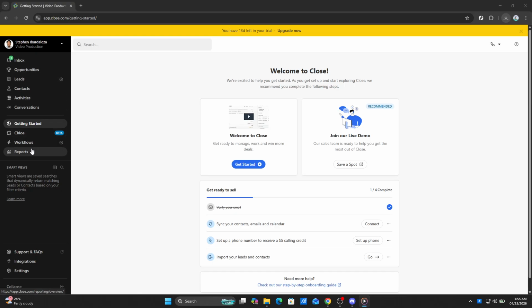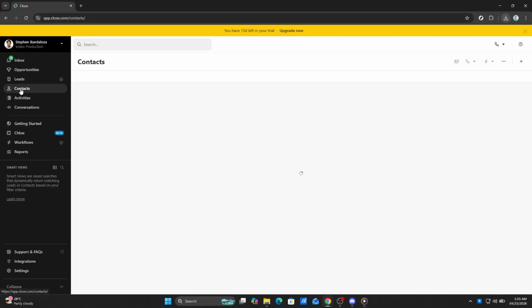Now, take a look at the left-hand side of the screen. Here, you'll see a menu with several options. What you want to do is click on Contacts. This section is where all your current contacts are stored and managed, making it an essential tool for maintaining your customer relationships. After clicking on Contacts, your screen will update to show you a list of all the contacts currently